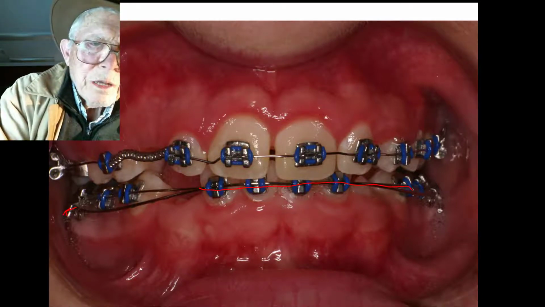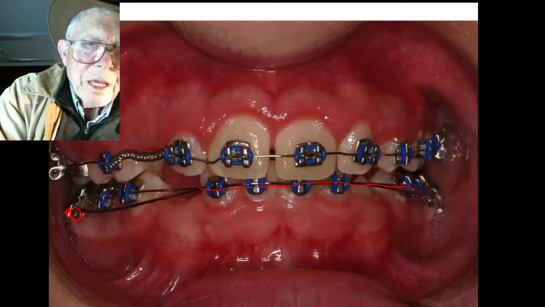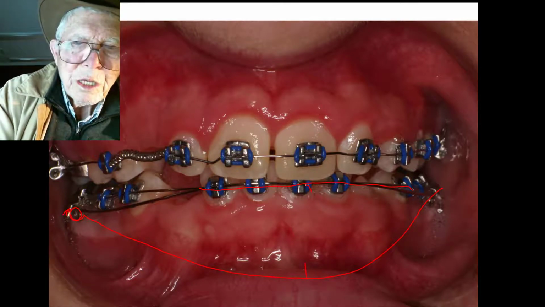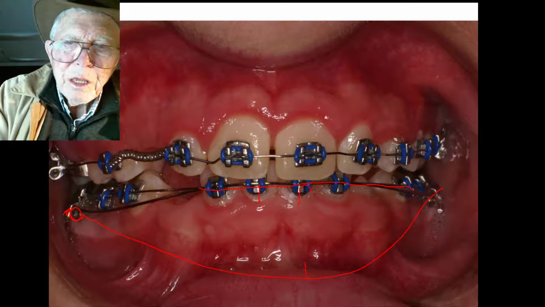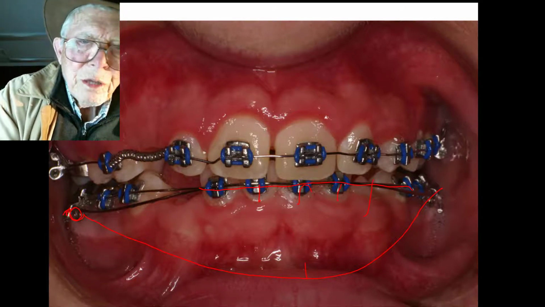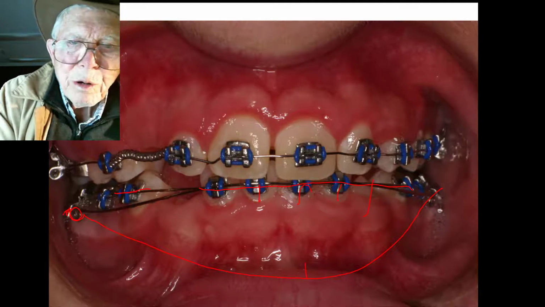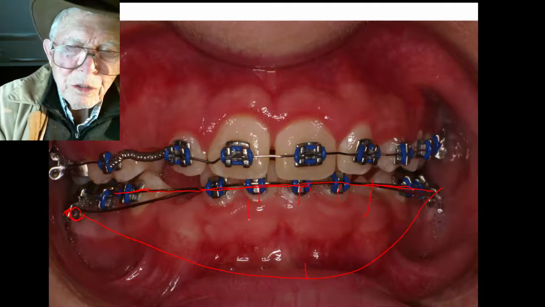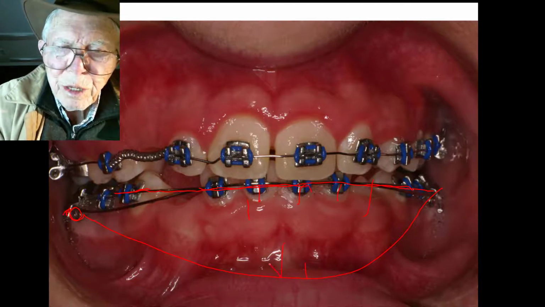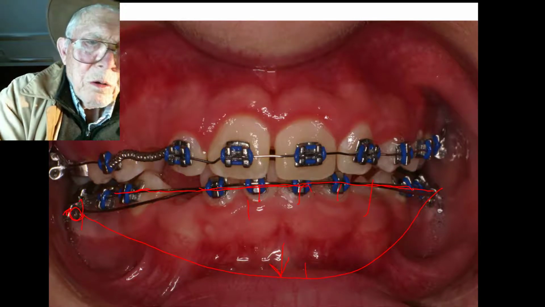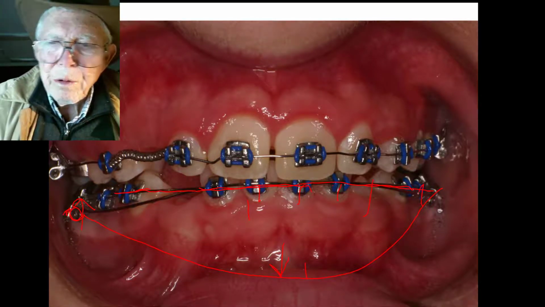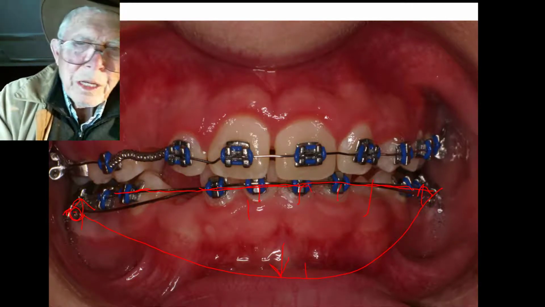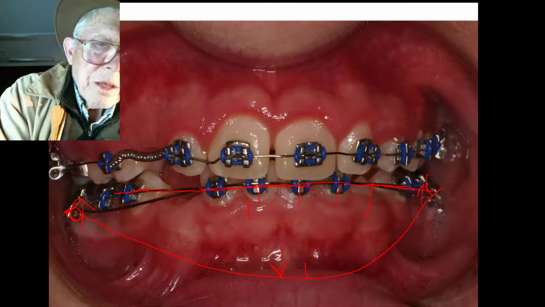This arch comes out, drops down, makes it like that, and then it would go down and come up like here, and we raise it up and hook it on these teeth. As it brings these teeth down, you have to piggyback it over this normal archway that we've got going through here. As it brings the teeth down, the same force that goes down this way is pushing up on the molars in this part. It'll be divided by the two molars, and it tends to elevate the molar on both